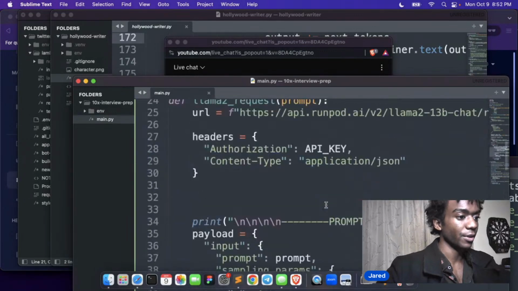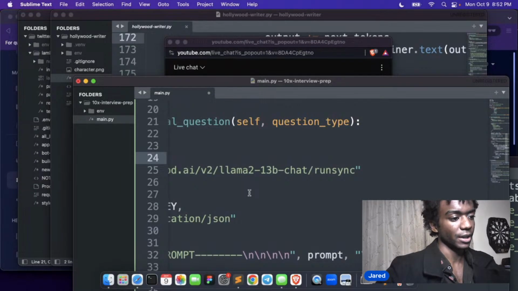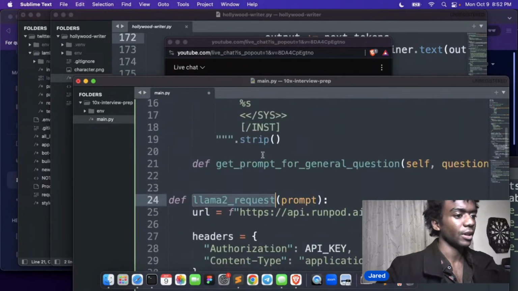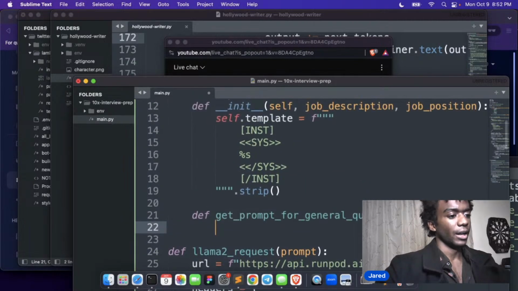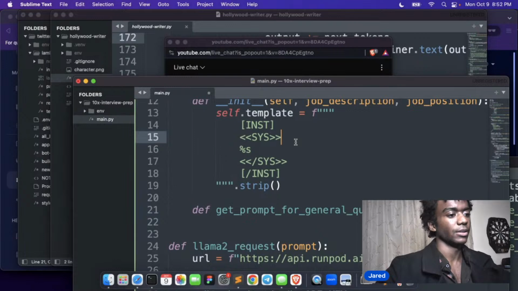So this is our function we're going to do our prompting with. This Llama 2 request thing. We're going to hit the 13 billion chat model. All right, so I think we can... Oh yeah, so